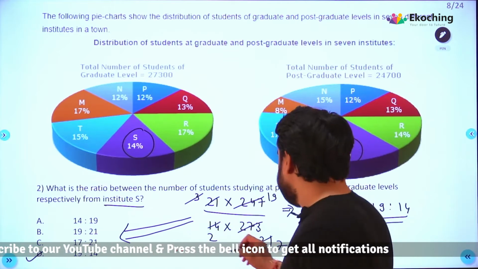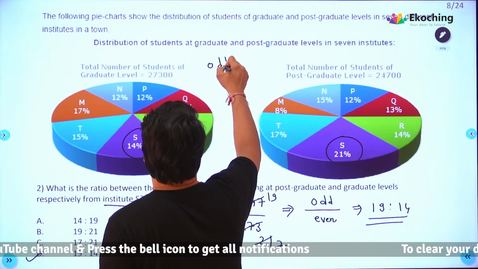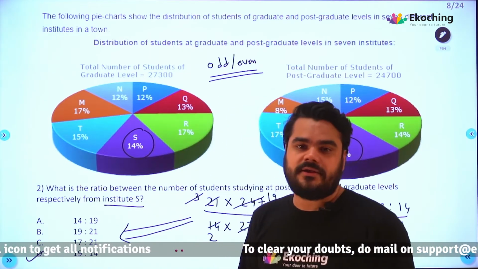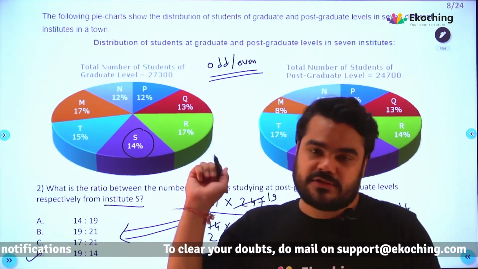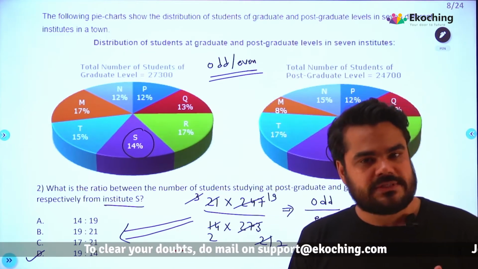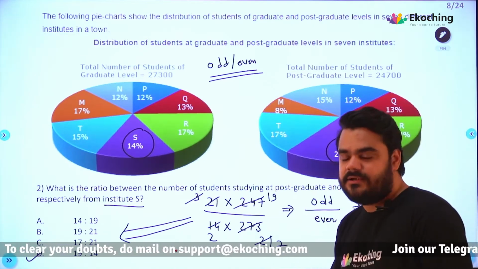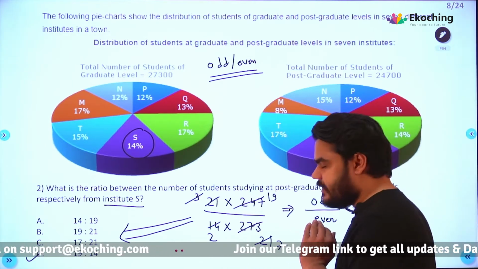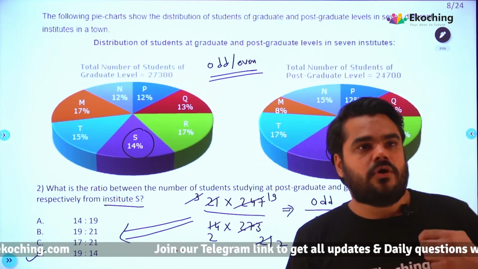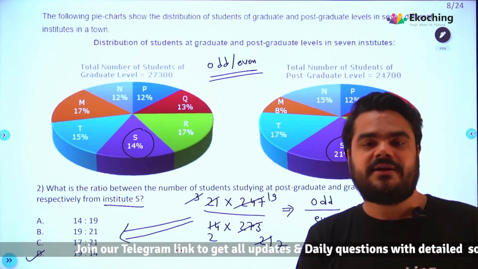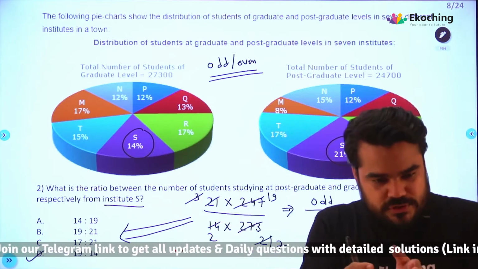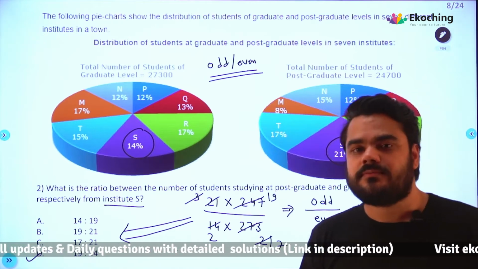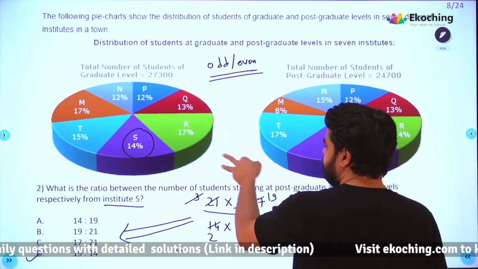But if you use the odd even, you are a 99 percentiler if you solve that question by this logic, odd even. And that is where you have to see, right? That is where you have to understand. You have to note these things down कि ये चीजें भी use कर सकते हो. So a great question, great not in the way that it is very difficult, great in the way that it distinguishes the students. ये ना students को छांट के रख देता है कि you are a 99 percentiler, you are an 80 percentiler, you are a 60 percentiler, and so on. Okay, so let's move on to the next question.